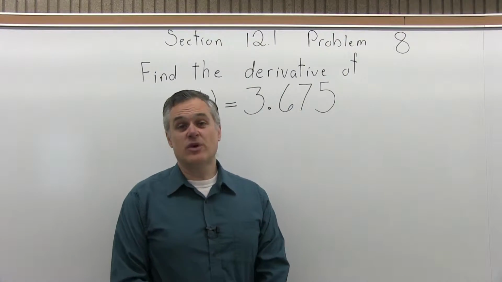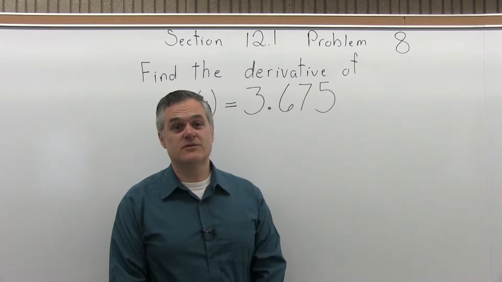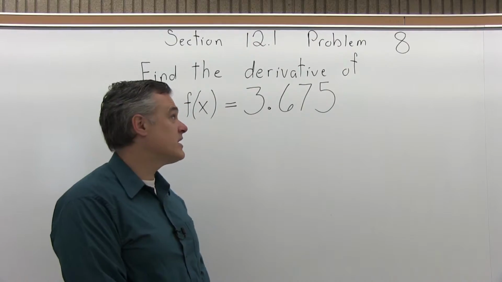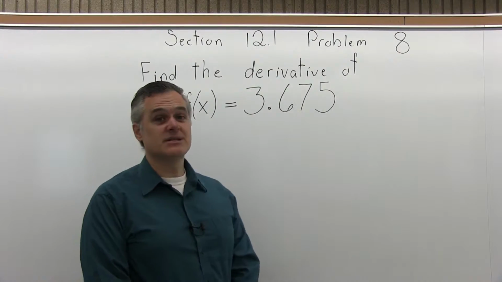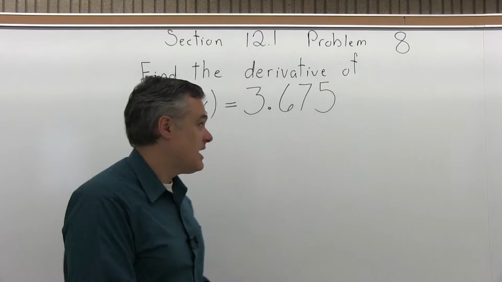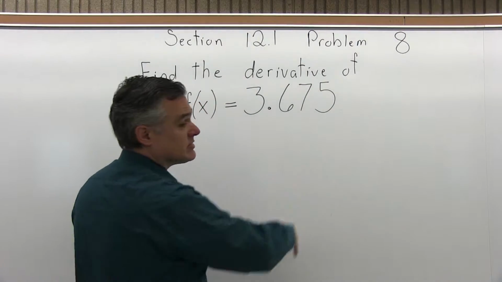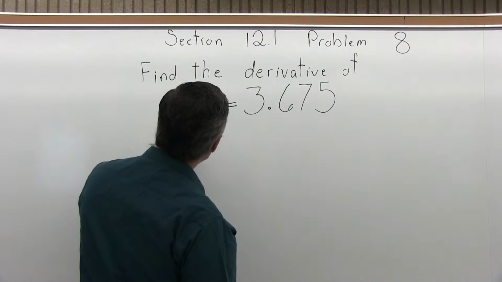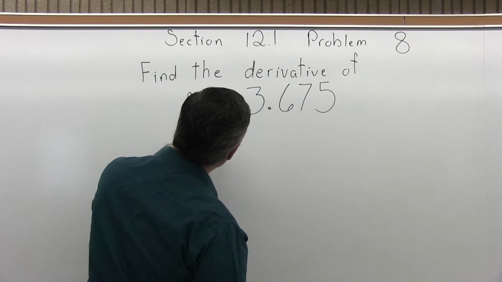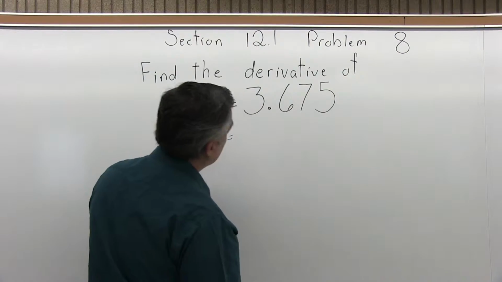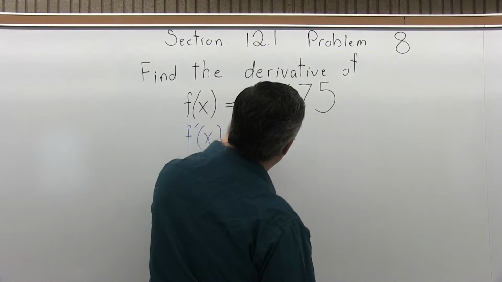This is Section 12.1, Problem number 8. It says find the derivative of the function f of x equals 3.675. Now, this is a decimal, but there's no x with it. There's no variable. So anytime you have a function that's just a number, or what they call a constant, the